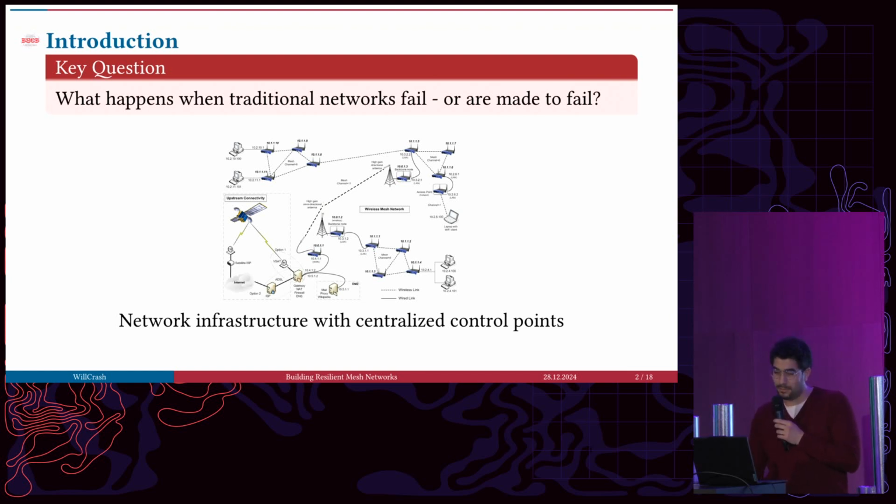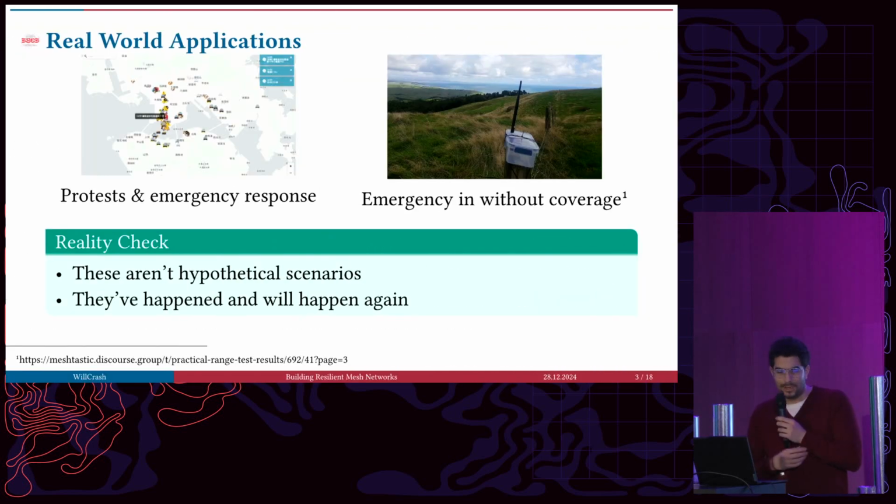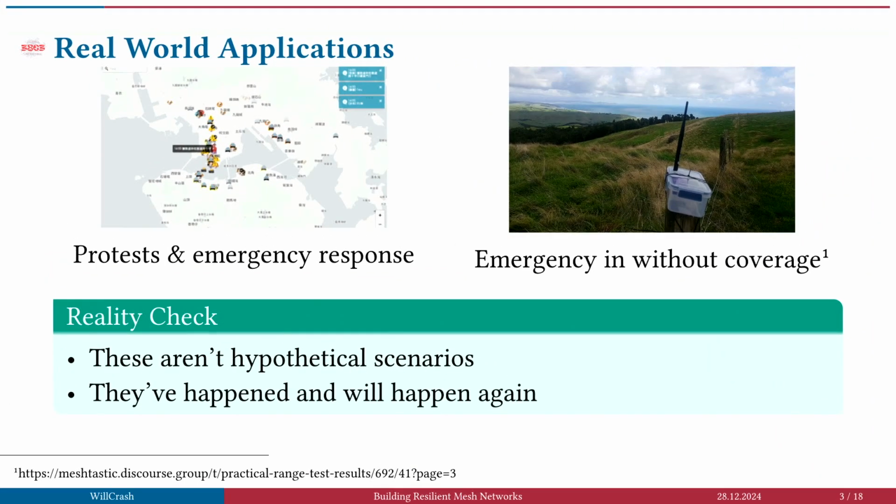Sometimes networks are also made to fail. Some real-world applications are, for example, during the protests in Hong Kong in 2019, there were different mesh communication apps which were used inside of the university, the technical campus, where they were fighting against the CCP, the Chinese party, trying to take over Hong Kong. And there they also used mesh networks. Sadly, this app broke and was later maybe compromised or not. So since then it's not been able to be used anymore, sadly. And it was also not open source.